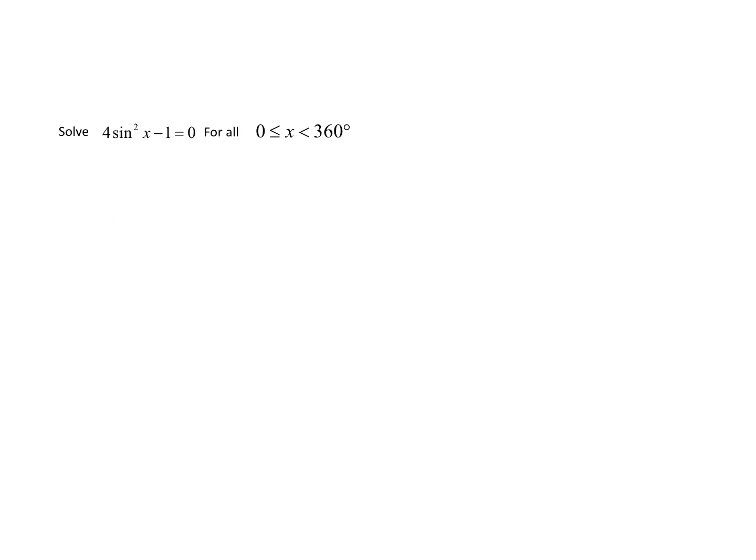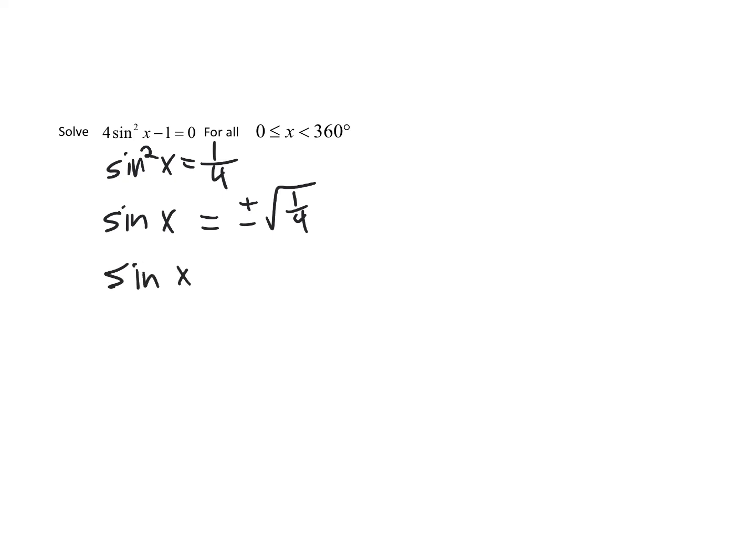This time we have sine squared. Start off the same idea. So isolate sine squared. So plus 1, divide by 4. So we get sine squared x equals 1/4. And then to get rid of a square, we square root. But it's going to be plus or minus the square root. So we're going to actually have to break this up into two questions. Sine x equals positive a half, and sine x equals negative a half. So each one of those is going to give two answers, so we're going to have a total of 4